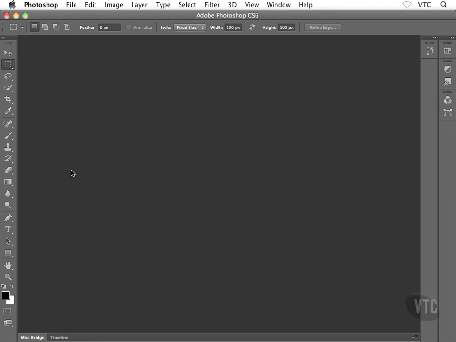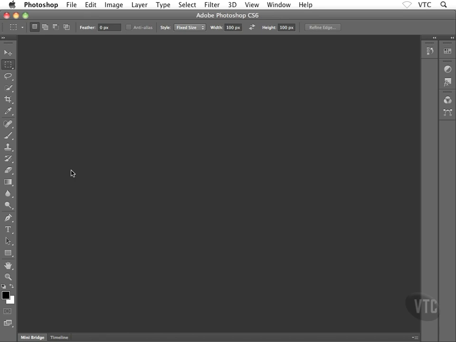I already have Photoshop CS6 running here in the background, so I'll just flip over to it. And I now want to get this file, this high-resolution wireframe layout, opened up inside Photoshop. There are a number of different ways that we can do this, by the way. We could have kept the file open inside Illustrator and selected all the content and copied it, and then pasted it into Photoshop, either as something called a smart object or as pixels. Or, here's another option, we could have exported the Illustrator file as perhaps a TIFF or a JPEG.